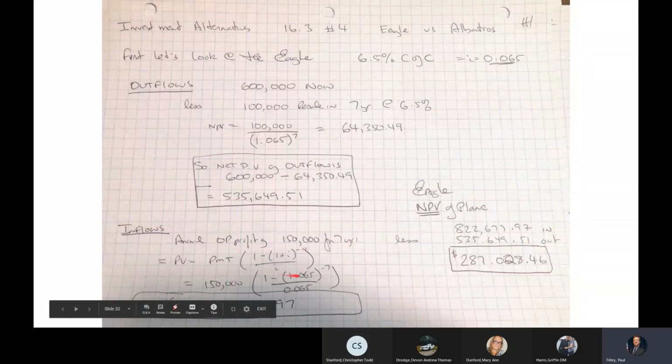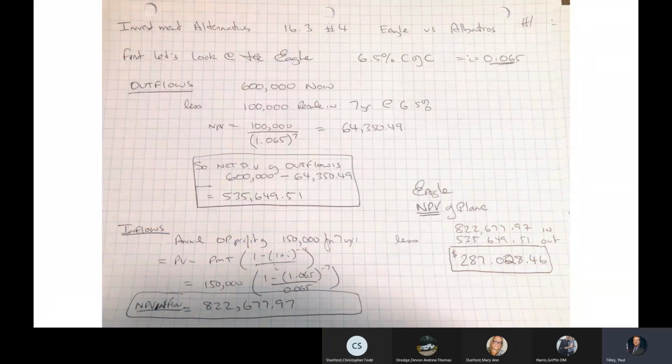We run that through the present value formula, and we'll get $822,677.97. So essentially, what we have is $822,677 coming in, $535,649 going out,